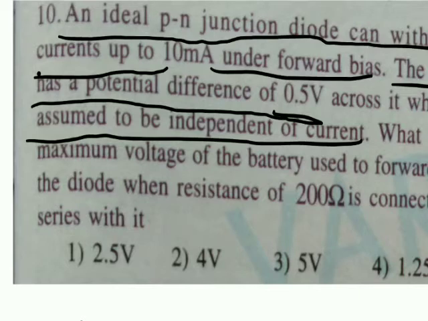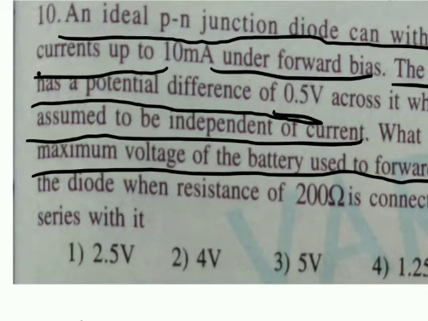What is the maximum voltage of the battery to forward bias the diode when a resistance of 200 ohms is connected in series? So from this question, given information,